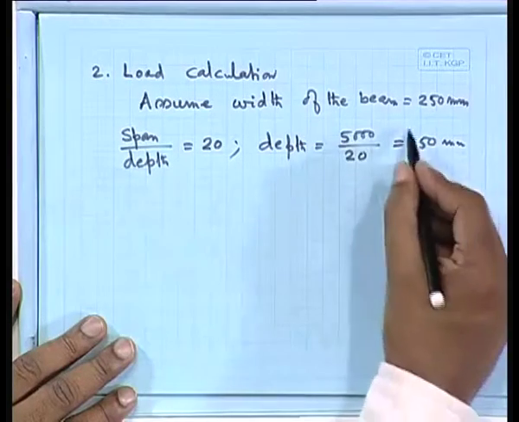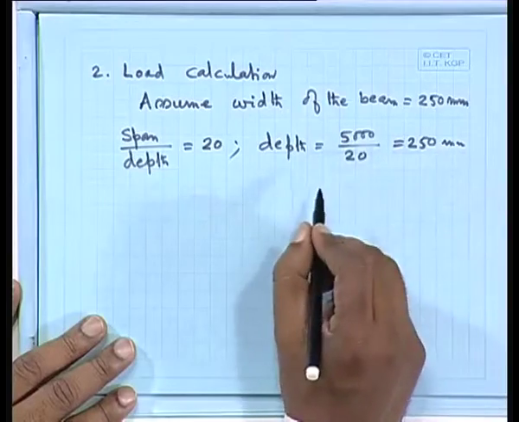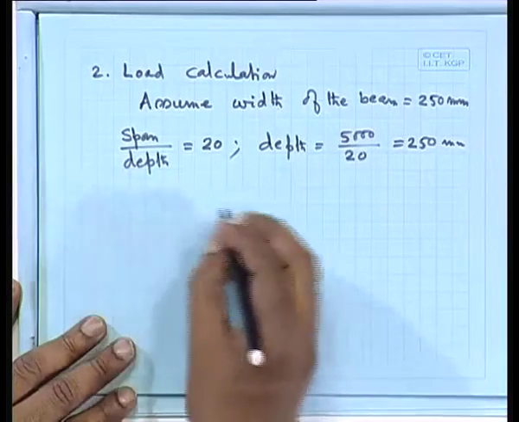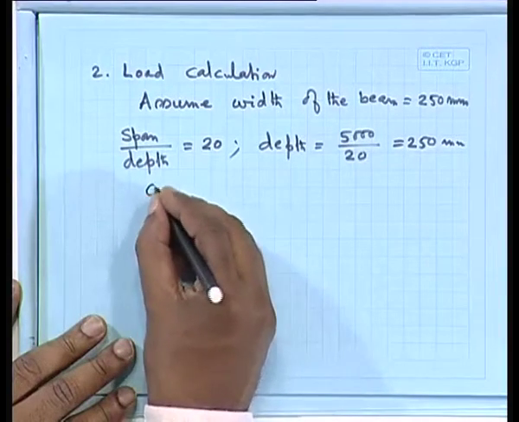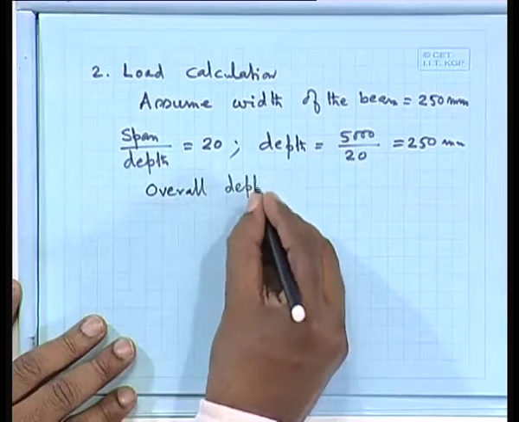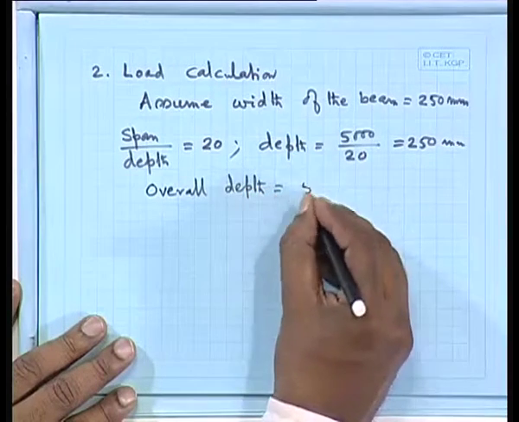If I start with 250 millimeter, then it will be very less. So, for calculation of the self weight, let us take the overall depth, say 500 millimeter,